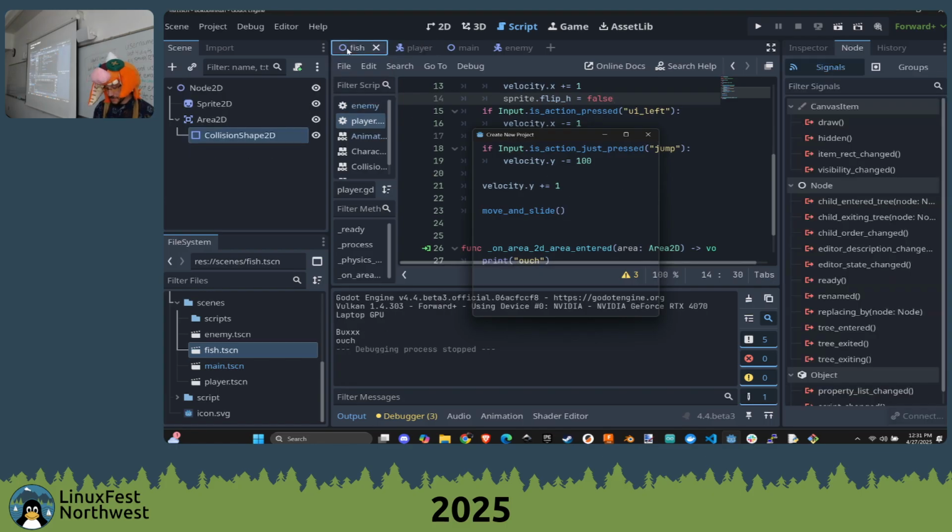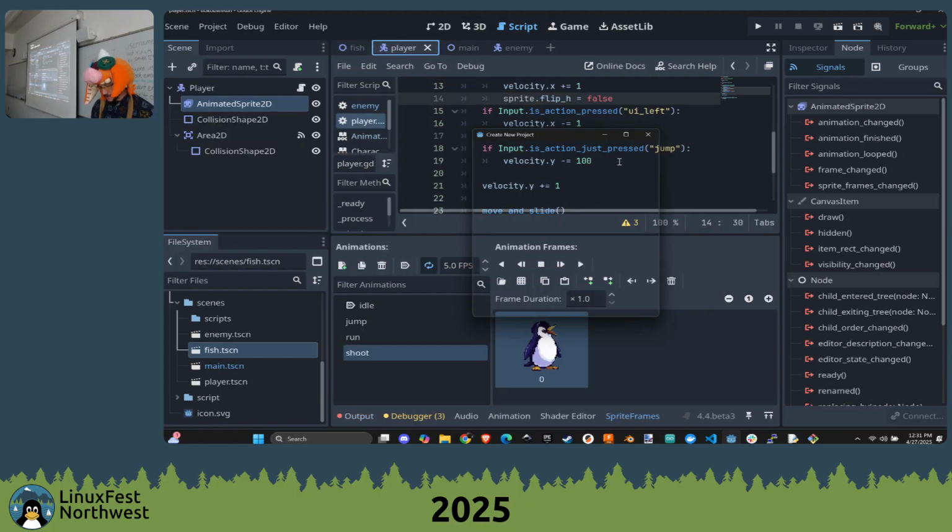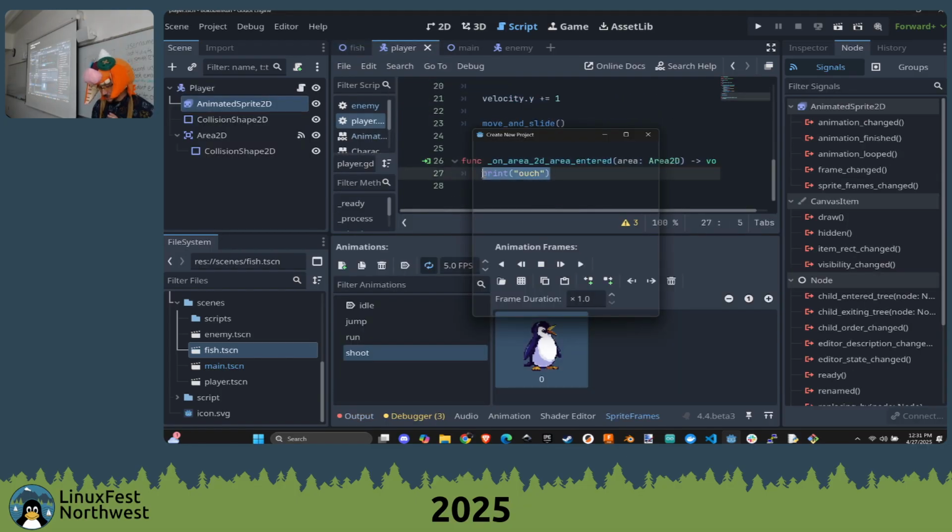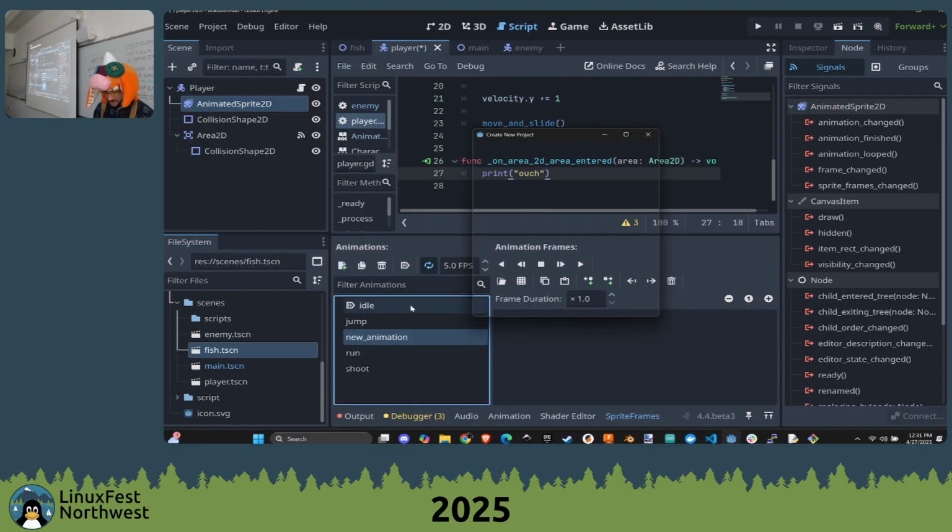All right, so when we hit the fish now, we're printing ouch. So we're getting this. That's good. Maybe the fish is a power up. Maybe have it print yum instead of that. Ooh. Yeah, so let's add a say-in